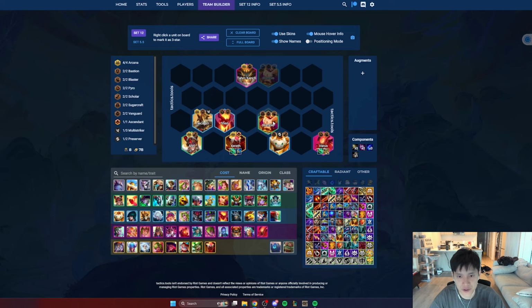And then the items that you want for this comp in the front line, it's a little bit different. Like Warmog's Gargoyle is always going to be good, but you actually want Tahm Kench to cast ASAP. So items like Protector's Vow and Adaptive are really good because it gives Tahm Kench mana for him to cast faster. If you have Shen 2 before Tahm Kench 2, you probably want to stack Shen instead